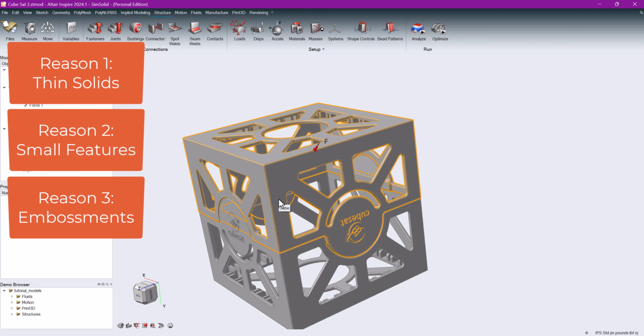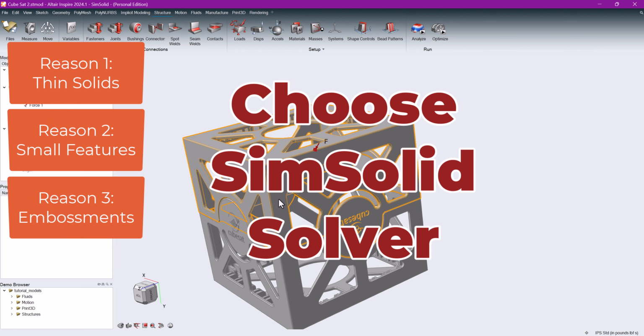So if your part is thin solid, if it has small features on it, or if it has imprinting, names, embossing, things like that,